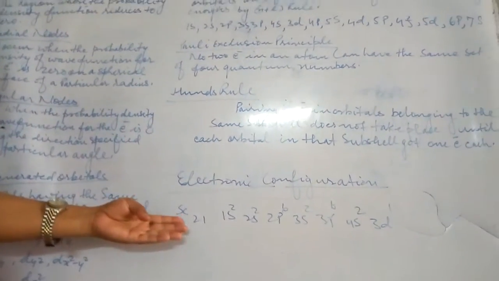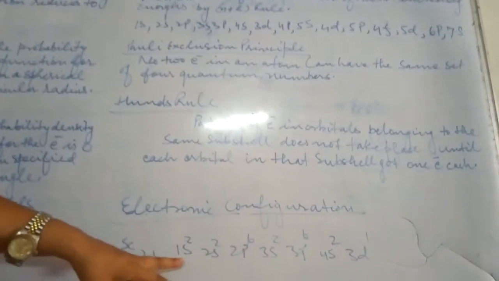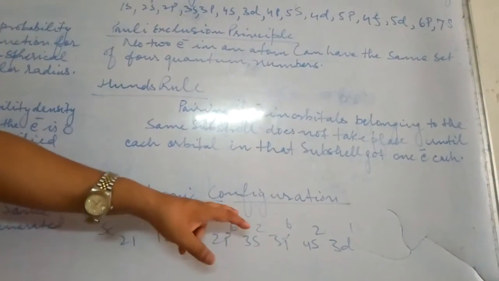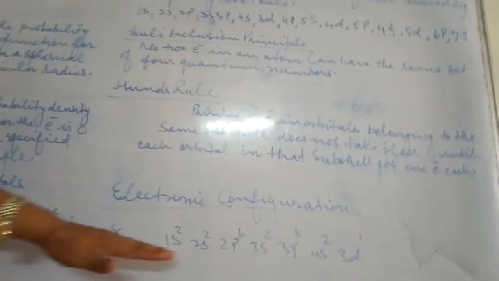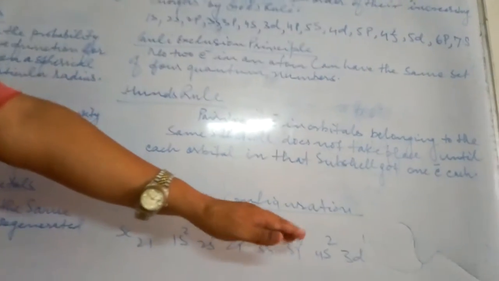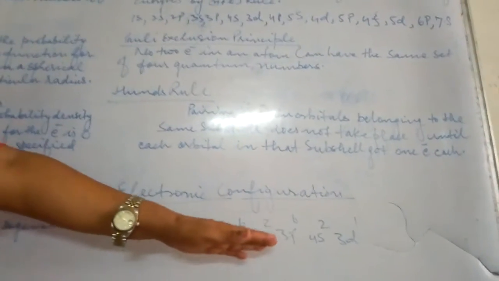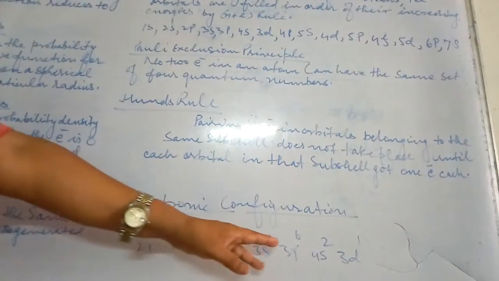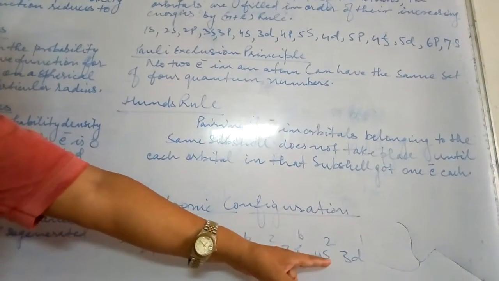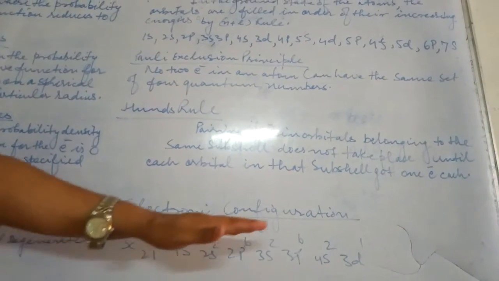Very simple. Scandium having atomic number 21, we are going to apply the Aufbau principle. 1s2, 2s2, 2p6, 3s2, 3p6, 4s2, 3d1. Why have we put the last electron in the 3d subshell? Because the energy of 3d is higher than that of 4s. Already we have discussed here. The value of n plus l for 4s is 4 only, but for 3d it goes to 5. So ultimately this is the sequence.